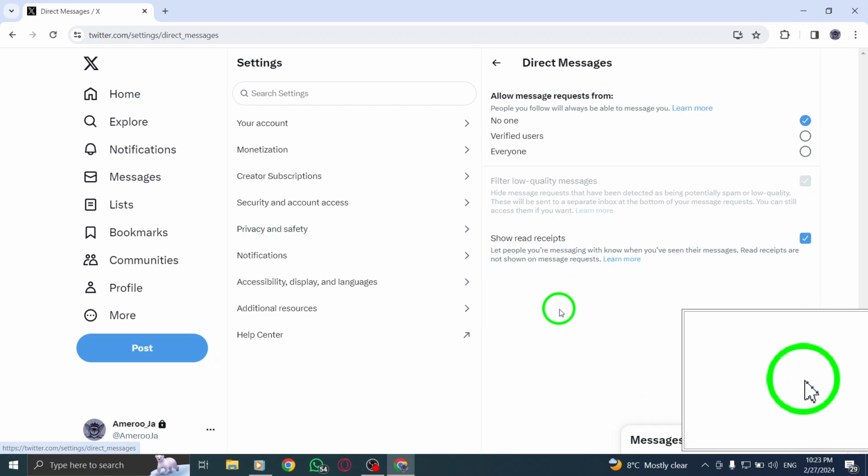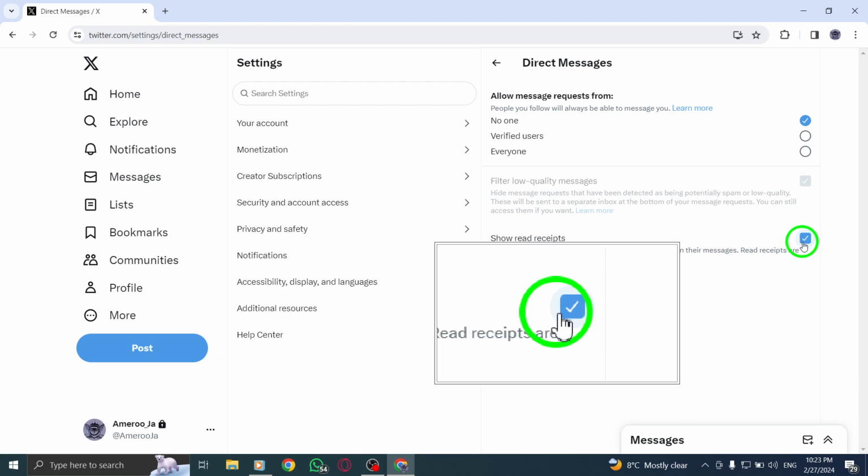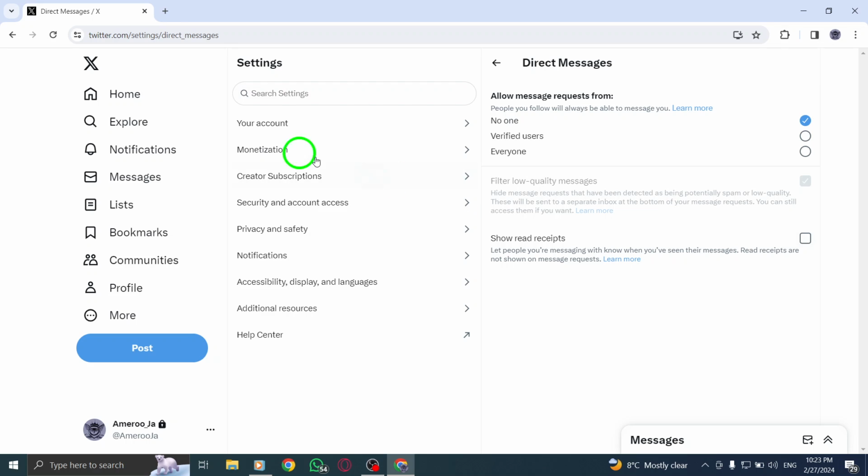Once you have unchecked the box for read receipts, the feature will be turned off, and your direct message interactions will no longer show read receipts to other users. By following these steps, you can customize your direct message experience on Twitter and maintain your privacy while communicating with